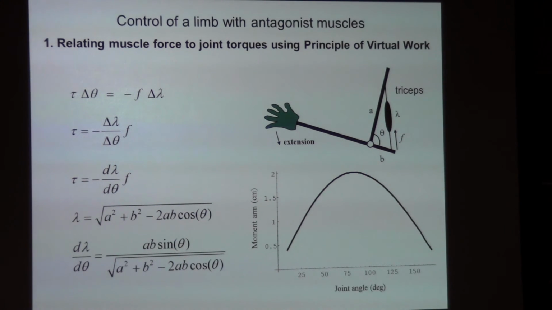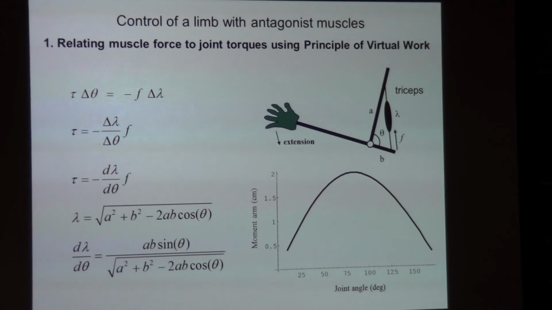And the relationship has to do with that term that I described for you a few lectures ago called the Jacobian. The Jacobian is the relationship between the length in the muscle and the position that you're looking at, in this case, the joint angle. So what we want to know is the relationship between force and torque. What the Jacobian tells us is to look for the relationship between length in this coordinate system and length in this coordinate system, which is the joint angle. Okay? So to go from force to torque,